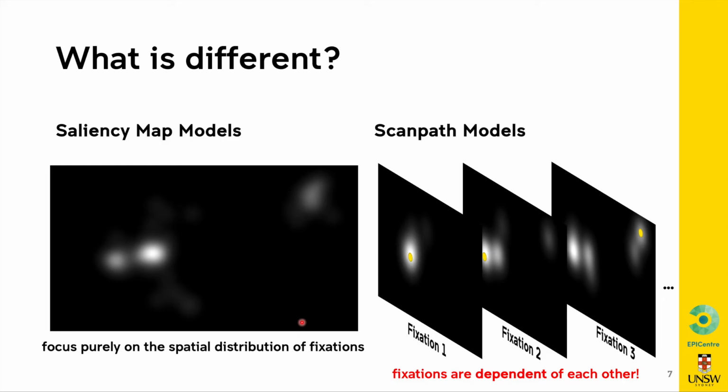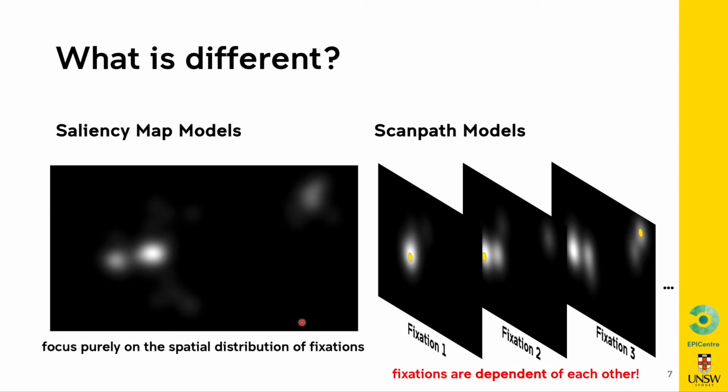Now, over the years, these problems have been tried to be solved by different researchers. So there are two main problems here. First is the saliency map prediction, and the other one is the Scanpath prediction. On the left-hand side is the saliency map model. They typically focus on the purely spatial distribution of fixations. As a result, they lose temporal information. On the other hand, Scanpath models try to model the sequence of fixations, and as a result, the fixations are